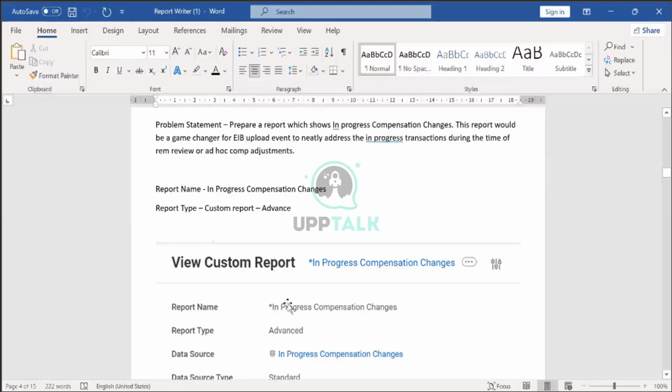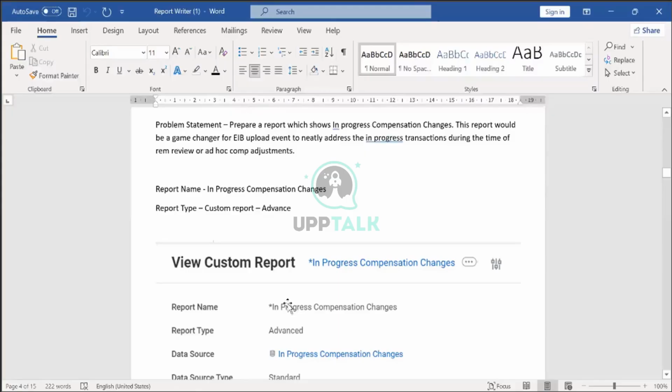This helps you to create a few reports from your own setup. It gives you an overall overview of a standard report, what your task is to create a custom report, and then I've added an example of a simple report, then the types of custom reports available with us in